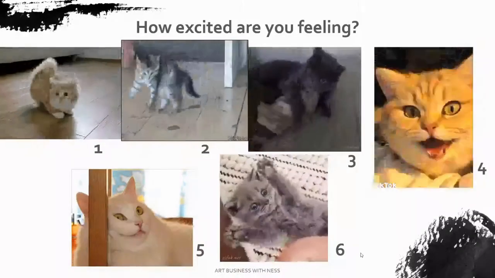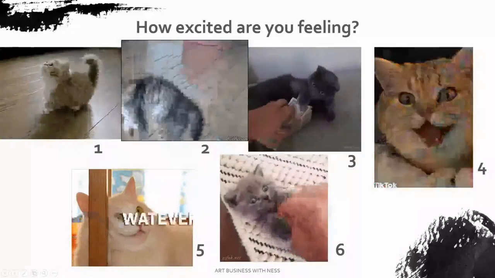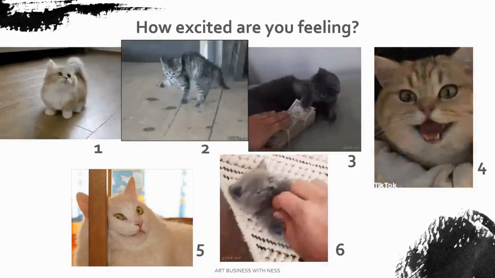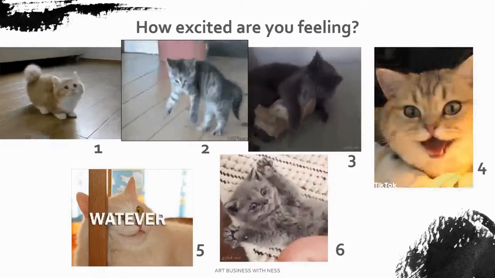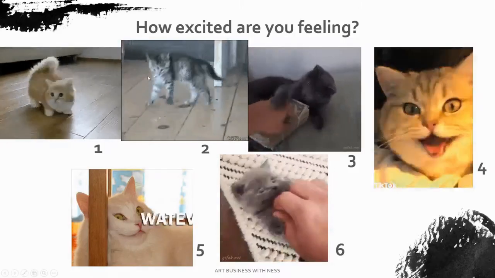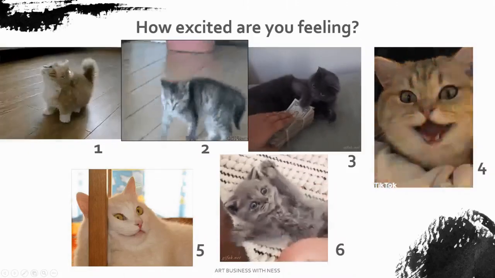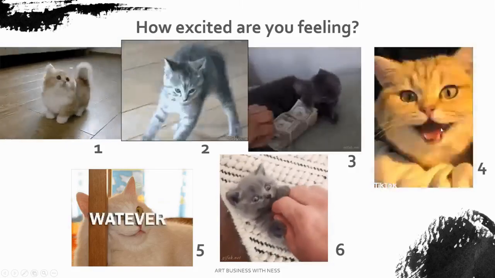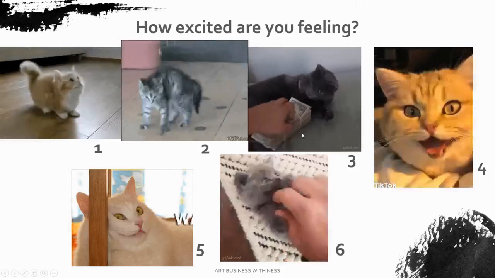Which one are you? Oh, Yvette was here, and Emilia is here too. So happy that you could join us today. Emilia says, I'm here and I recommend level 1. Thank you for your endorsement, Emilia. Yana is number 1. Isn't he cute? Look at that little fluffy tail. That's amazing. Susan is number 4, the kitty that looks like it's at a rave. Paola is number 3. Don't touch my money.